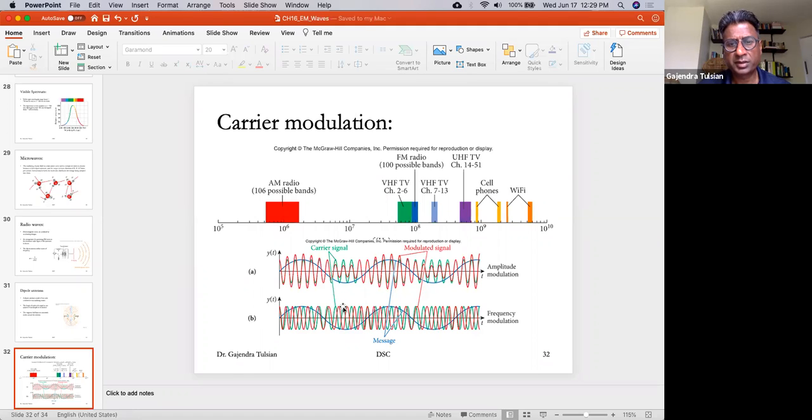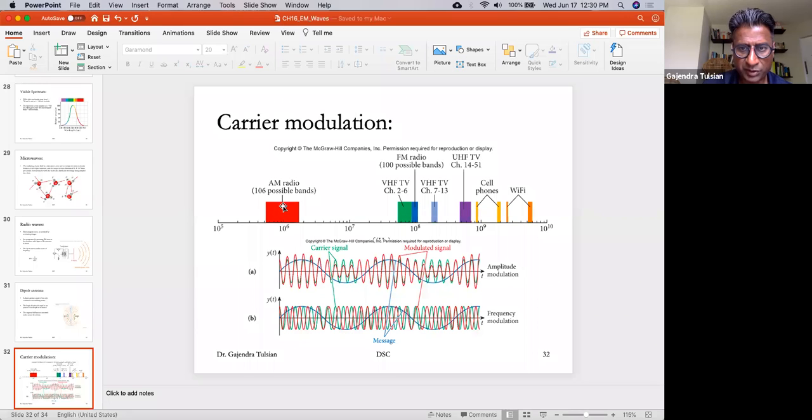The carrier signal is again the green signal. What FM radio does is it varies the frequency of the carrier signal. So the red signal is the modulated signal, and it's changing the frequency. And when you do that, noise and other signals cannot influence the signal. So that's why with FM radio, there's no noise. That's the advantage. The disadvantage is